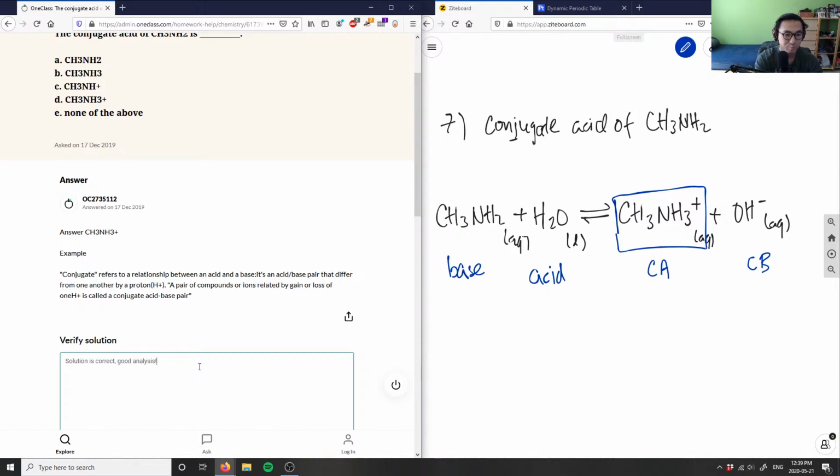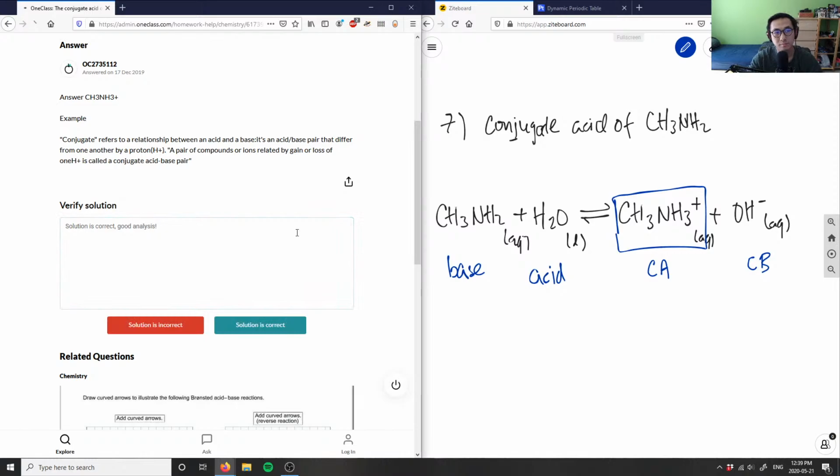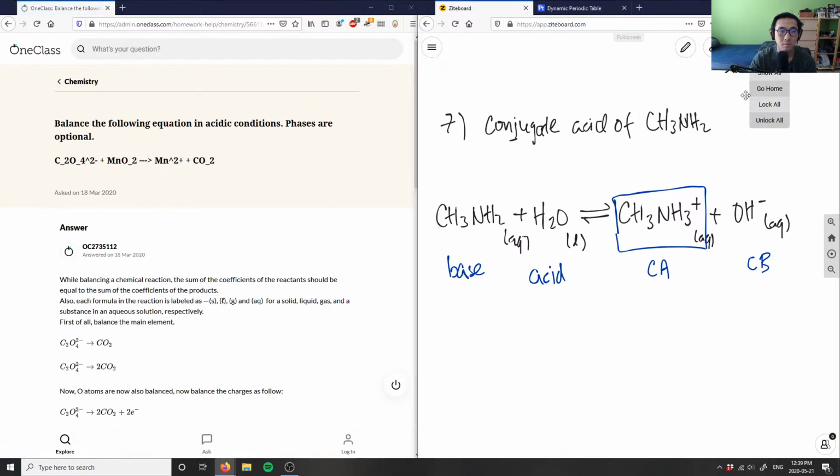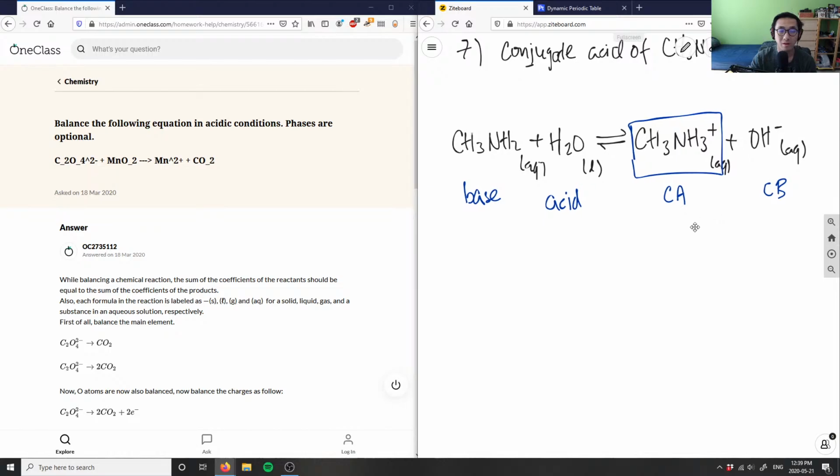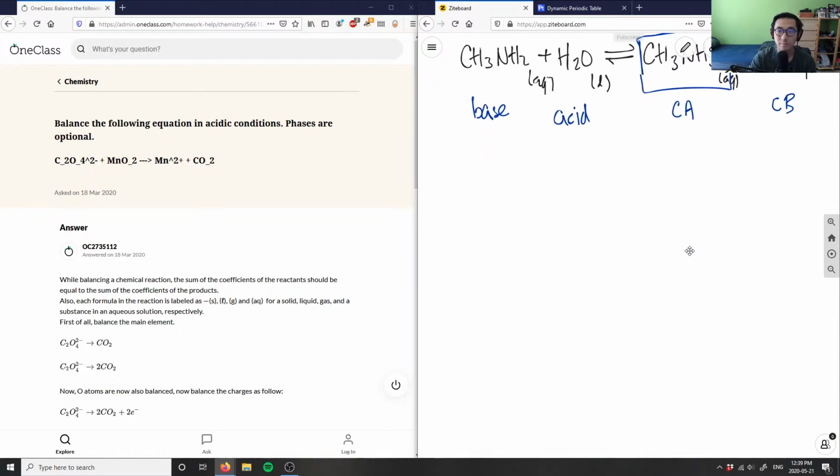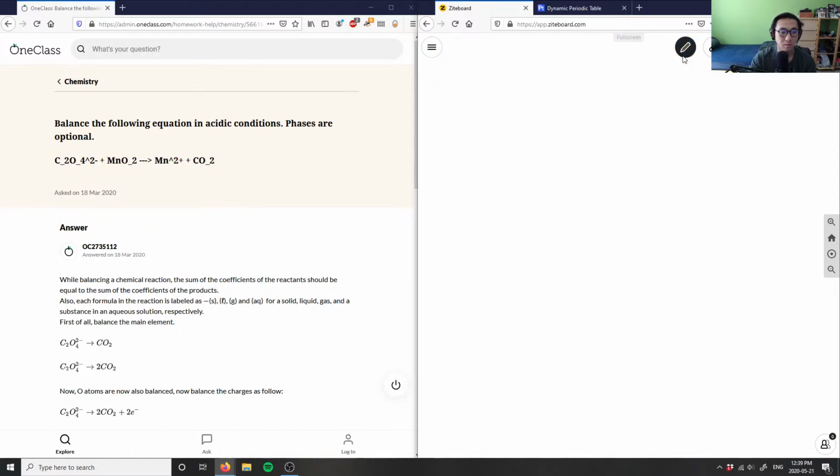Good analysis. Let's do number 8 here. It says balance the following equation in acidic conditions. Okay, so I want to balance in acidic conditions. So I'm going to have,